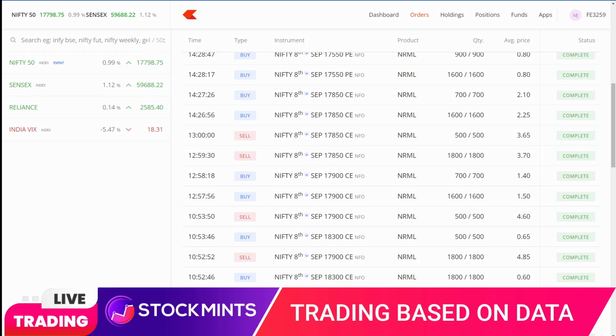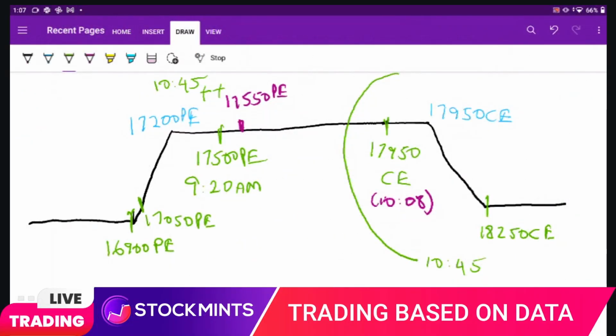Going to the diagram. So what we do is we enter once again, and this time let me choose a new color. So we enter the 17,850 call option at 12:55. So we entered it and we added the hedges. So I'll leave it for now. So once we added this,